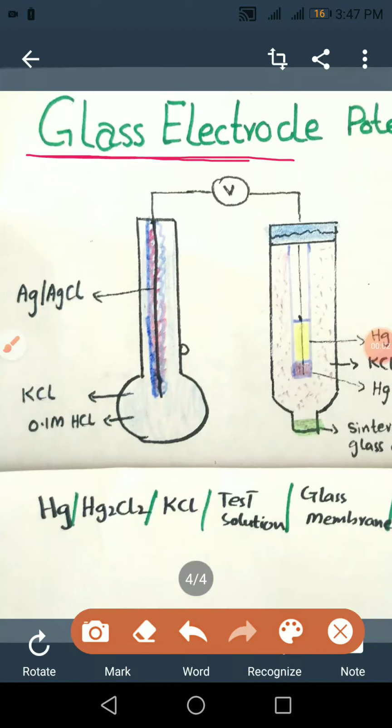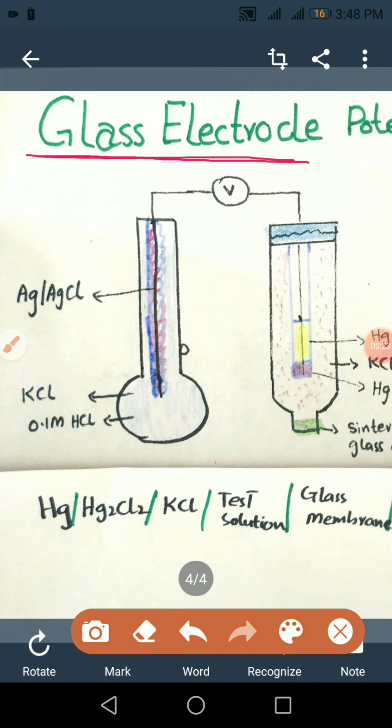Our topic is glass electrode. Glass electrode is an indicator electrode which is used to measure the concentration of H plus ion or any other cation in the given unknown solution. The glass electrode which is used to measure the concentration of H plus ion in the given unknown solution is